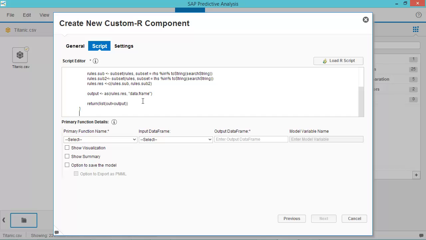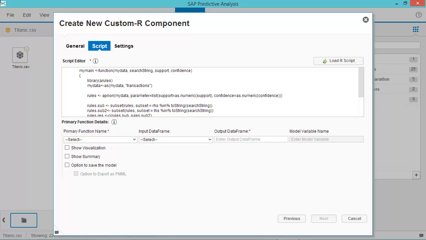Once the script has been prepared for us, it's just a matter of that. But there are a few more things. First of all, we have to say that my main is the function. If everything is prepared correctly, it's going to tell us that there is only one thing to be selected, and we will select that. Now, the next question is whether this Titanic CSV down here on the left side is going to send data into our